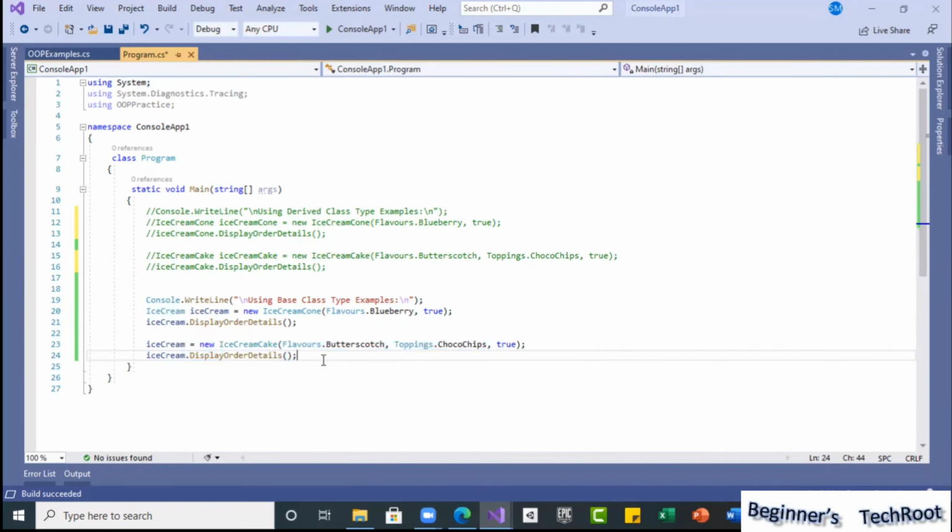So this is about this simple example. I will give you some more details here.